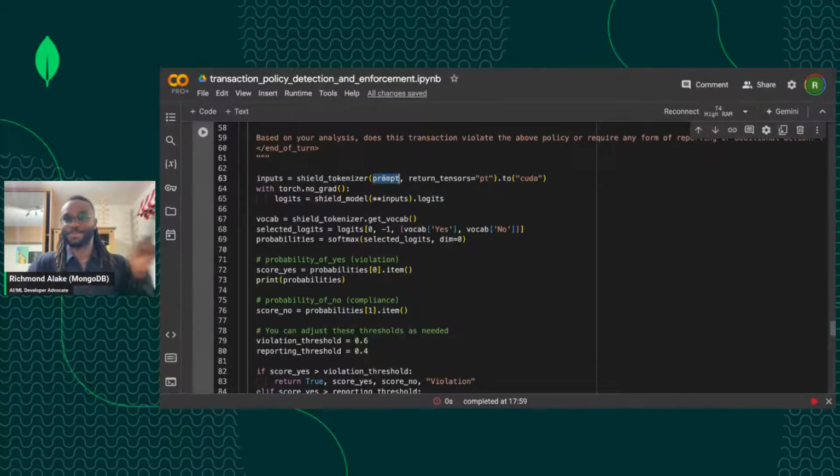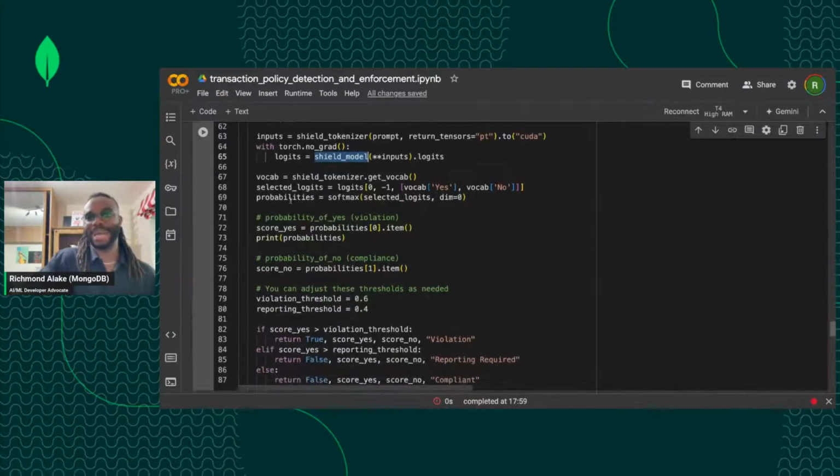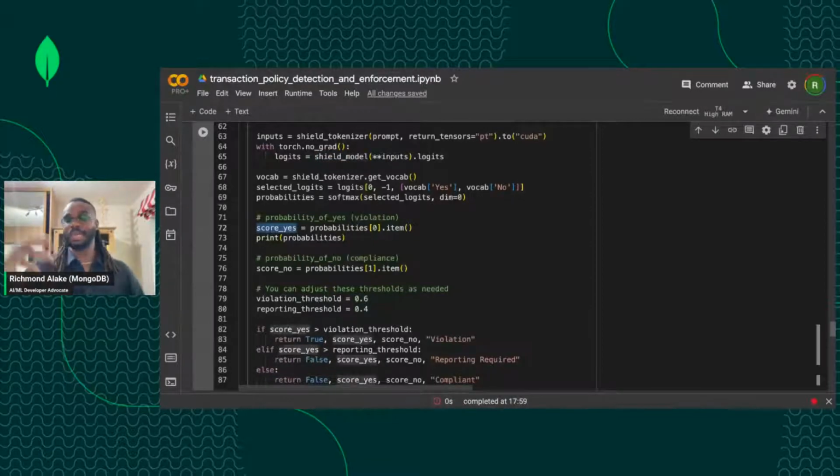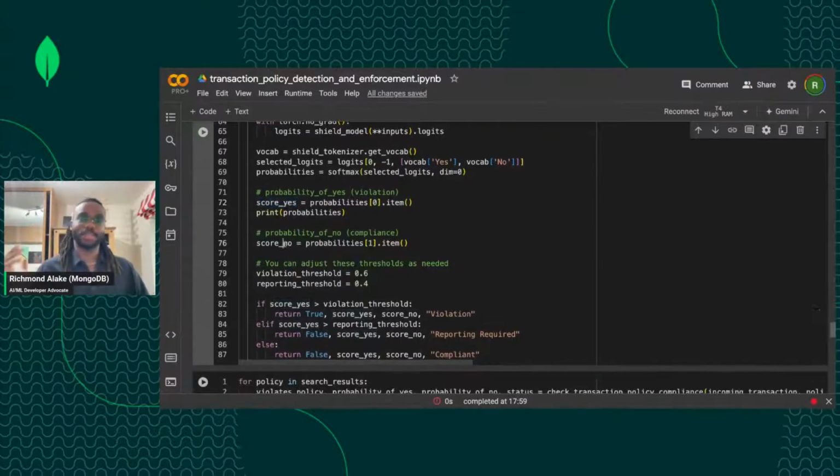We tokenize the prompt, then we pass the input, which will be the tokens, an array of floating point numbers, into the model. Then I think a tuple is returned that we can unpack to get the probability of the incoming transaction violating the policy